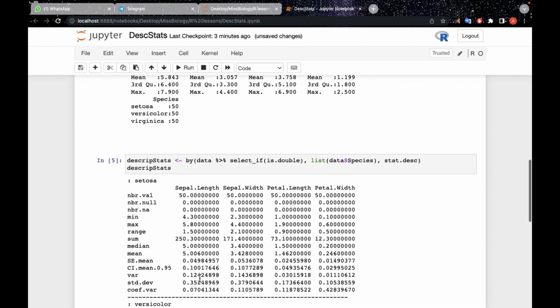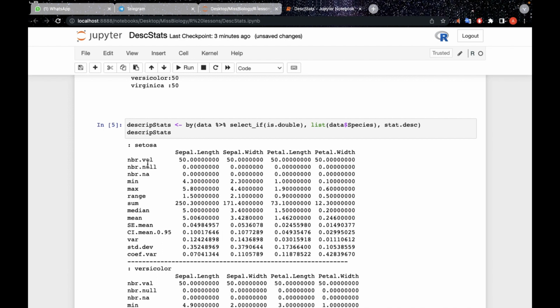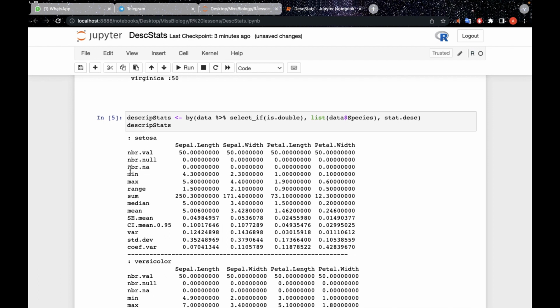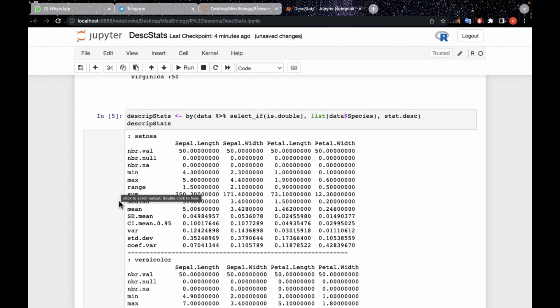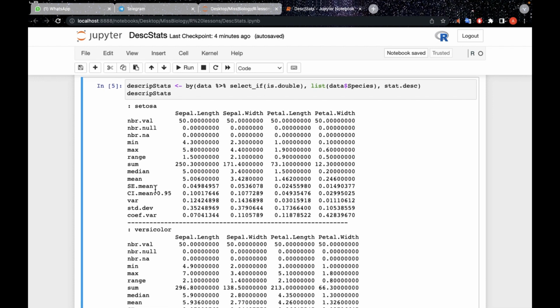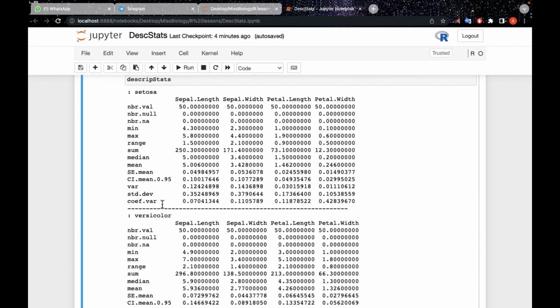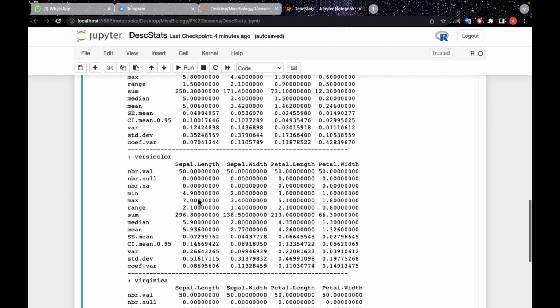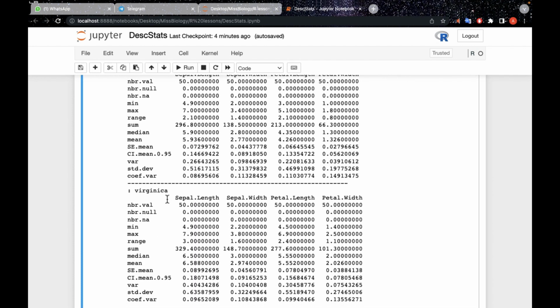And we get more values, like for example, the number of values, and these are 50, the number of null values, the number of NAs, the minimum, the maximum, the range, the sum, the median, and the mean. The standard error of the mean, a confidence interval at 95%, and the variance, the standard deviation, and the coefficient of variance for Setosa species and versicolor and virginica.